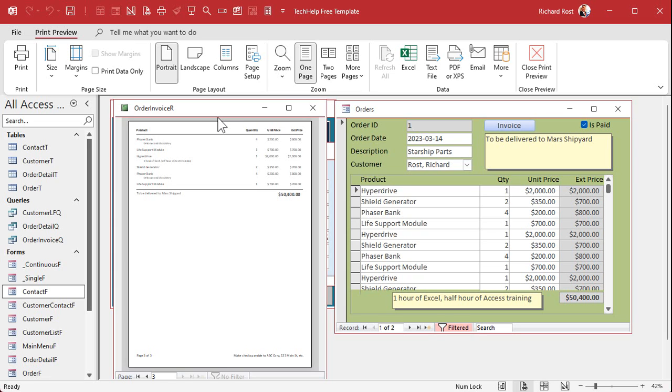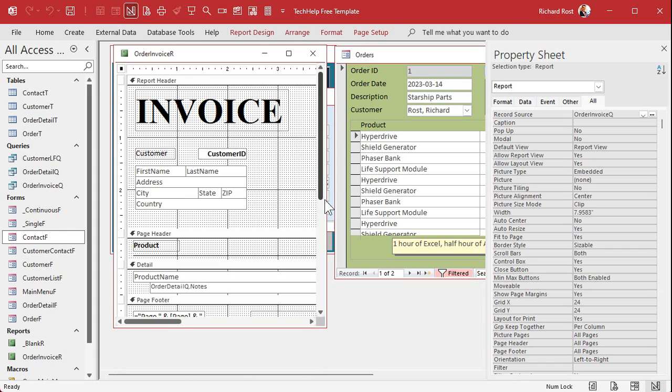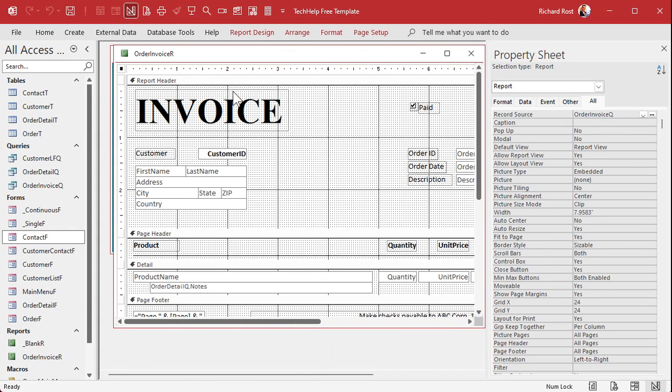Okay. Now, if you look at the way I designed this invoice, this is all in the report header. This shows up once at the top of the entire report. You don't want this on every page, right? The order ID, the order date, the customer's information. That just goes once at the very top. But this stuff here is in the page header. The product, quantity, basically the column headers, right? So when you look at this,